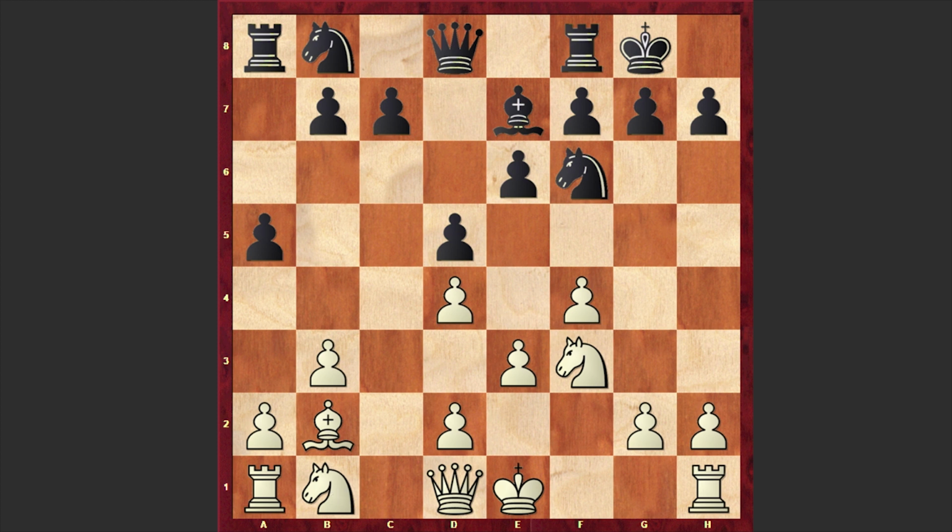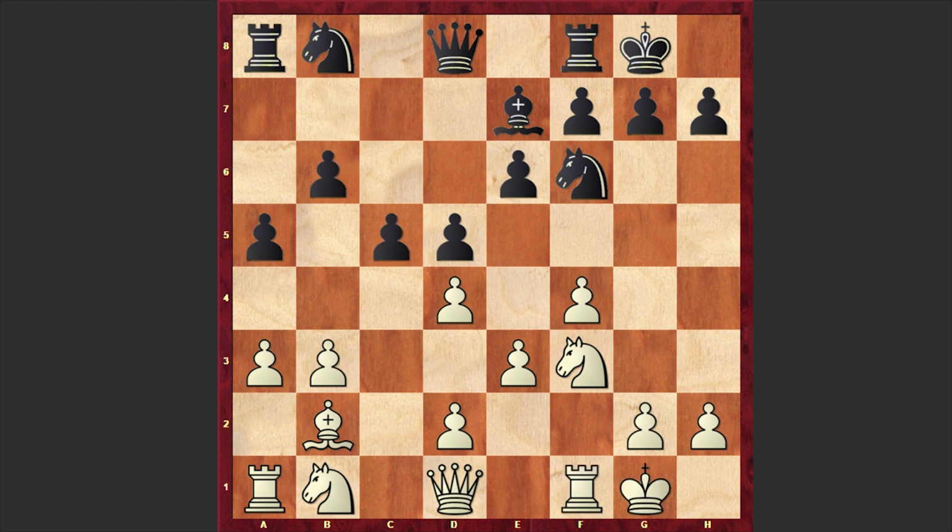diagonal. Meanwhile, we have a5, a3, white wants to meet a4 with b4, b6, white castles kingside, and c5. Not sure that this is a good strategy for black, because in this case white is managing to open up the long diagonal for the bishop. Probably black should have chosen a different strategy, but in our game we have c5, knight c3, knight a6, knight